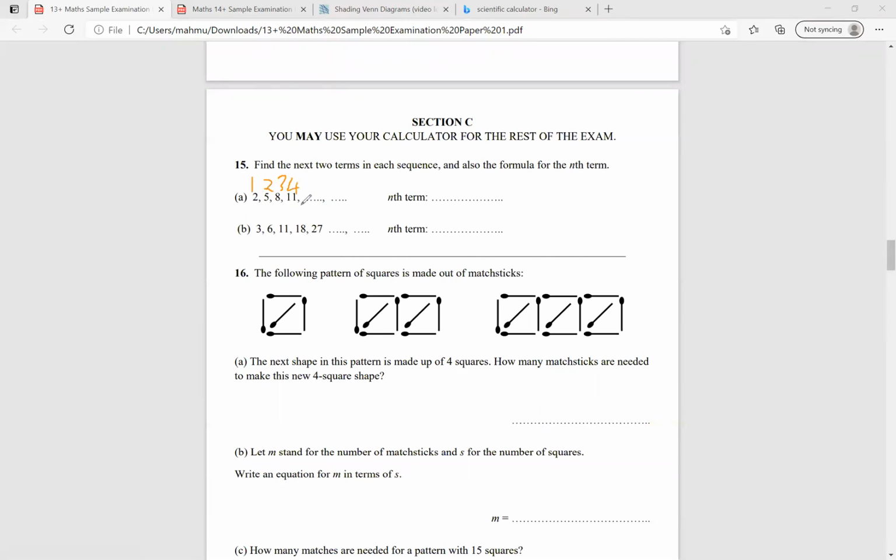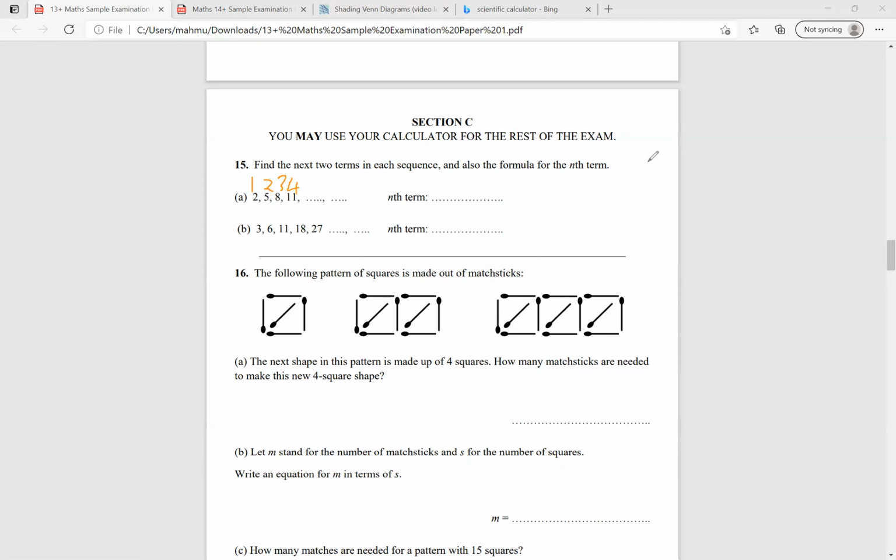So you could do 2 times 2 plus 1, 1 times 2, no. How will I do it? 1 times 2 is 2 minus 1, and 2 times 2, you can't minus 1 here. 3 times 3. Okay, what we could do is